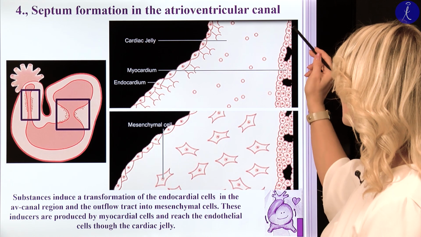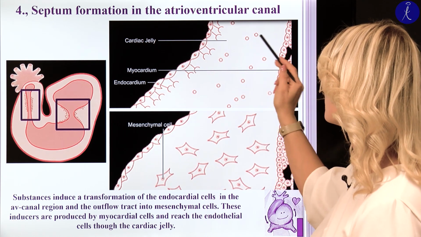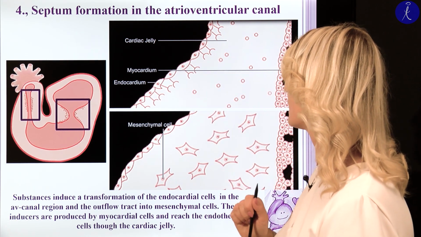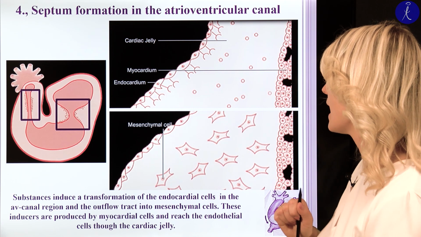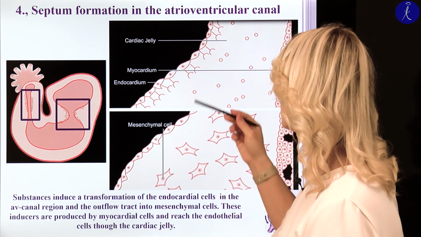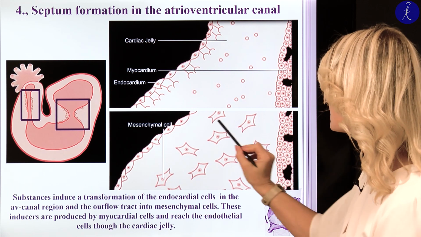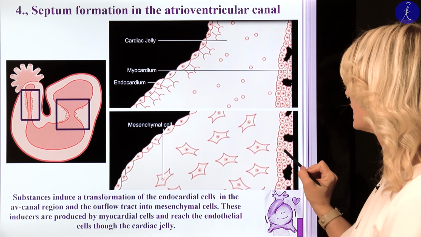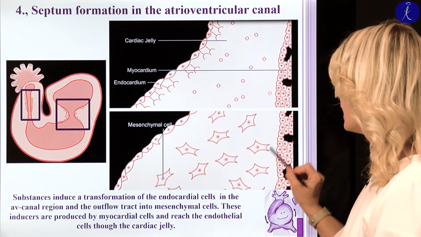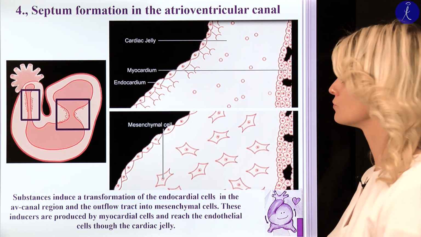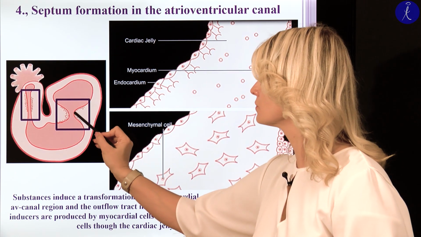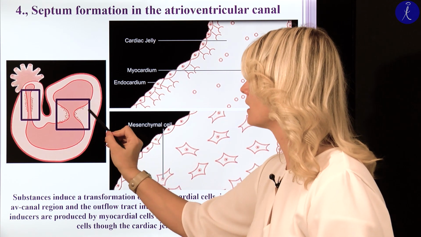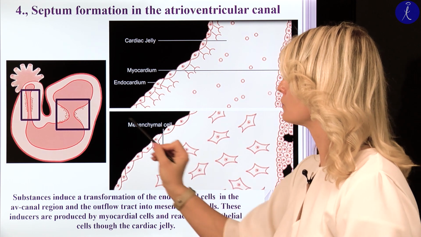These myocardial cells will produce some inductive factors which will stimulate the endocardial cells, and they will produce other mesenchymal cells, here you can see, which will proliferate and grow and form a protrusion on the wall. So this is the procedure of how the endocardial cushions develop there in the atrioventricular canal, but we can